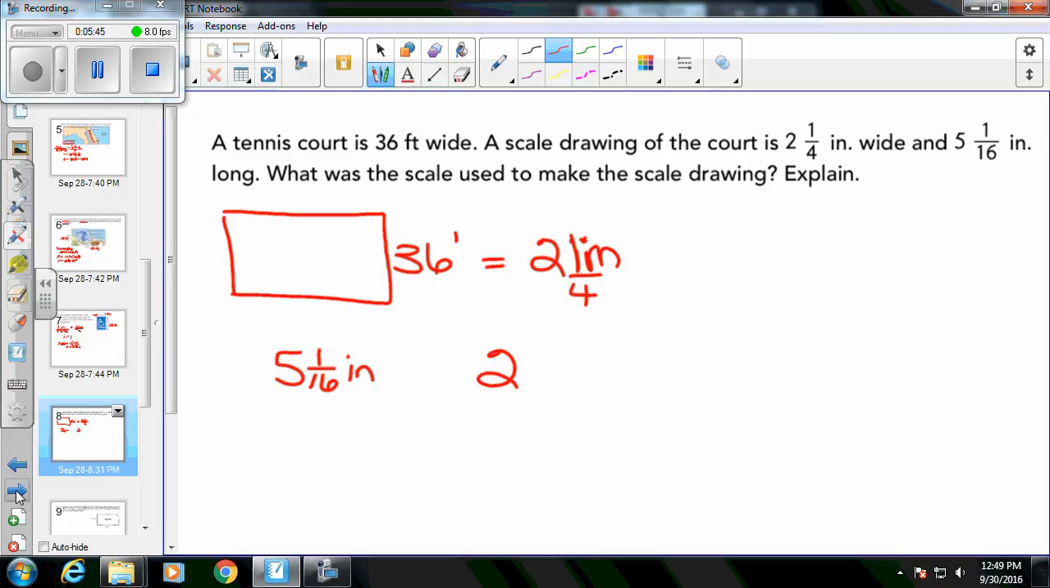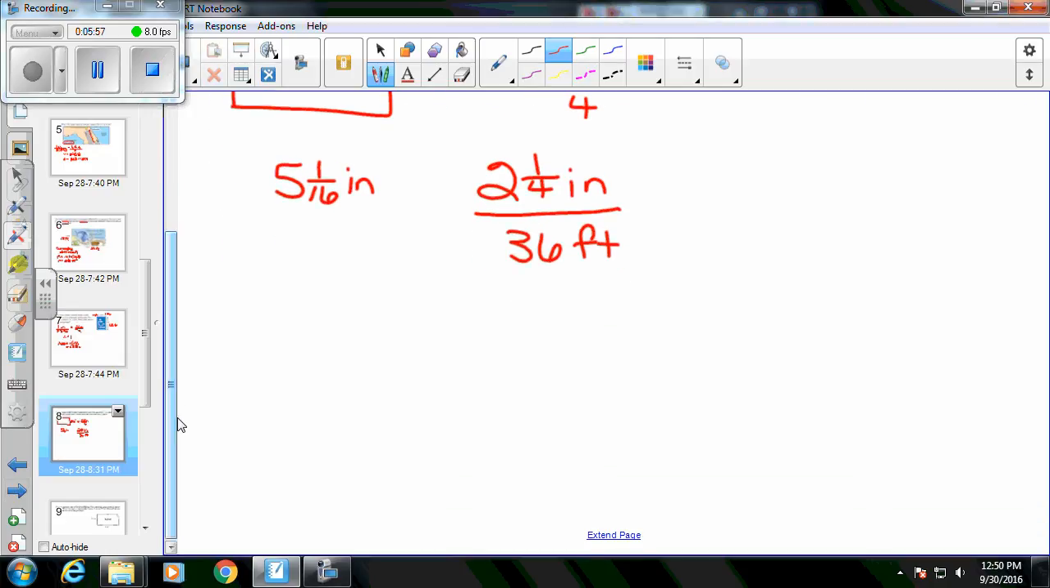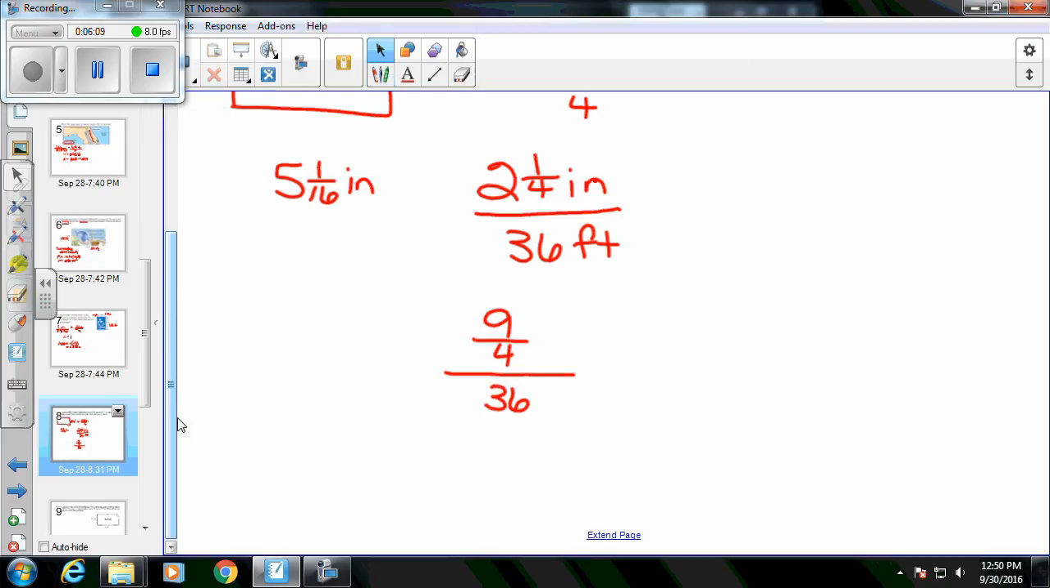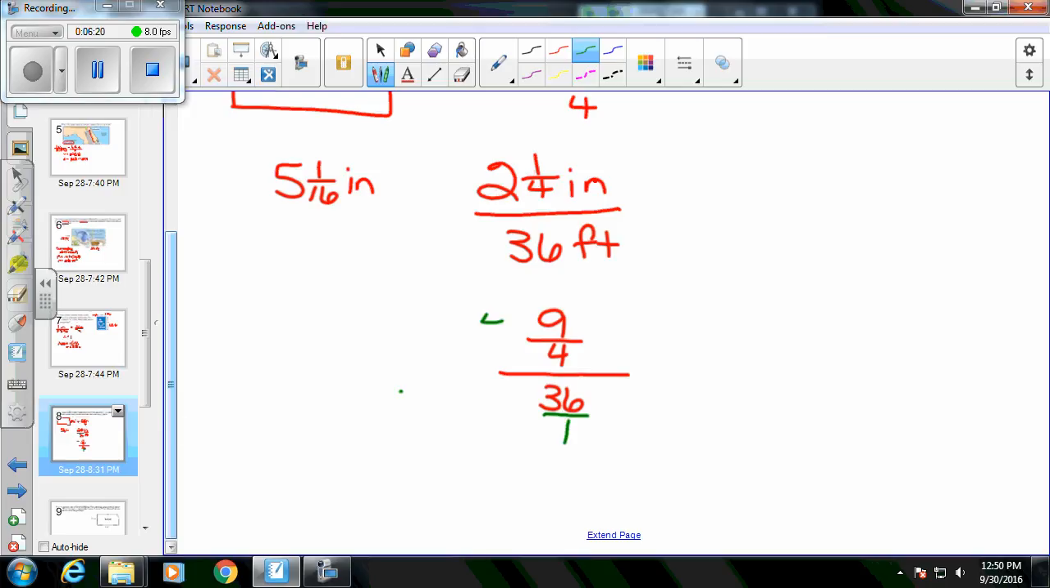Let's do 2 1/4 inches represents 36 feet. And we want to simplify this fraction. They're asking for us to find the scale. Scale is going to be inches to feet, so I convert. This becomes 9/4, and this is 36. Multiply by my common denominator of 4,